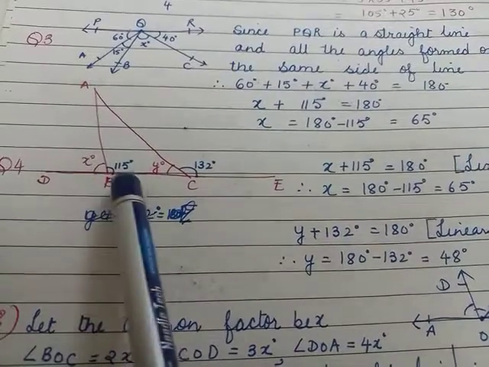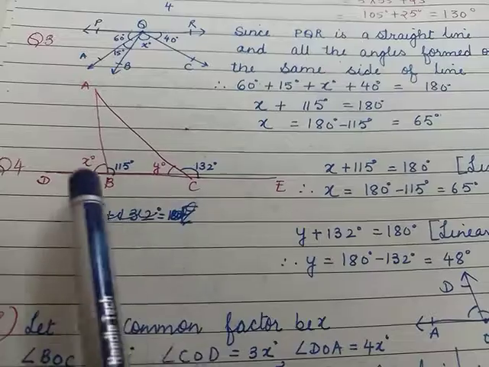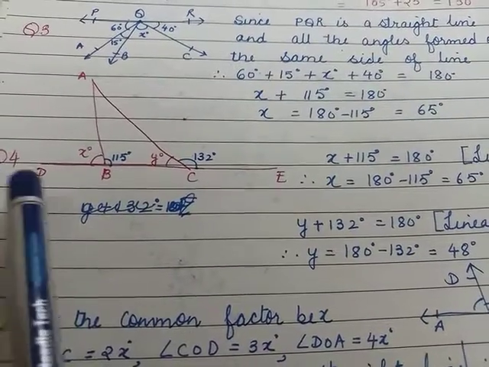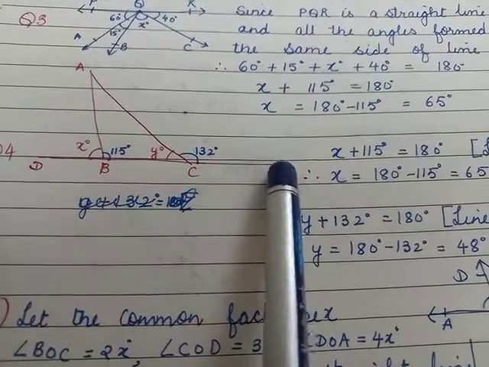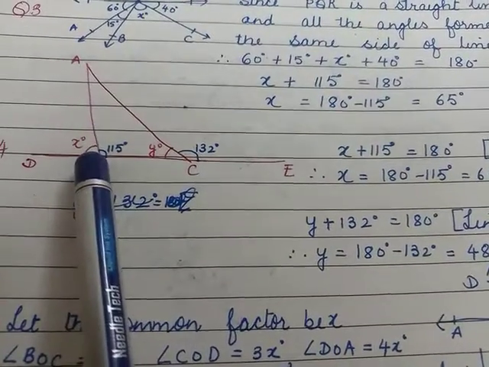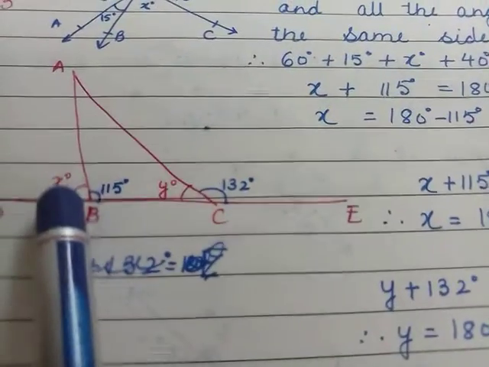Now I discuss question number 4 with you. They are saying we have a triangle ABC. The sides are being produced on both sides, that is up to D and E. We are looking for the value of angles x and y. See, if we look here, x and